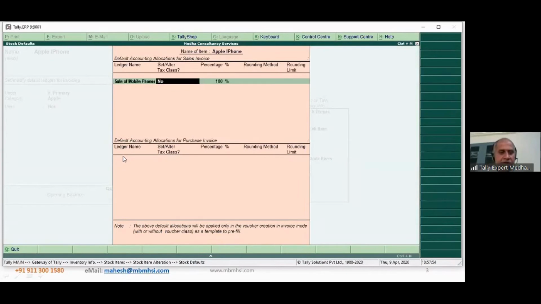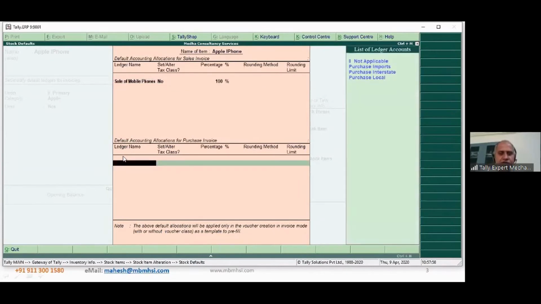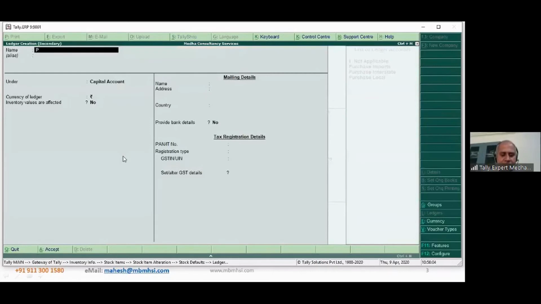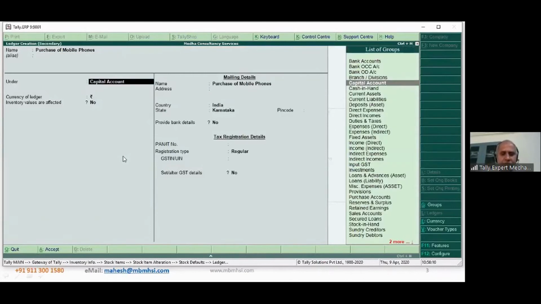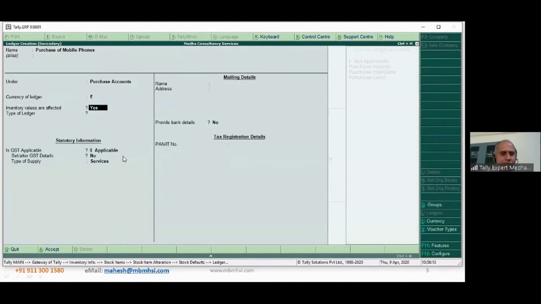And when you are purchasing, to which ledger it has to go, it will show all your purchase ledger. Similarly, you could create purchase of mobile phones under purchase group.